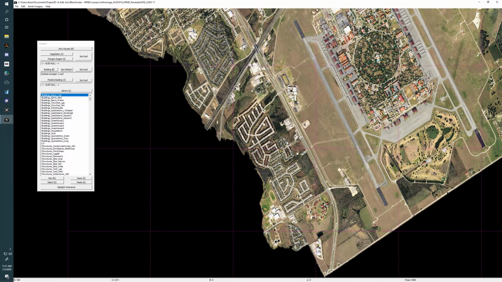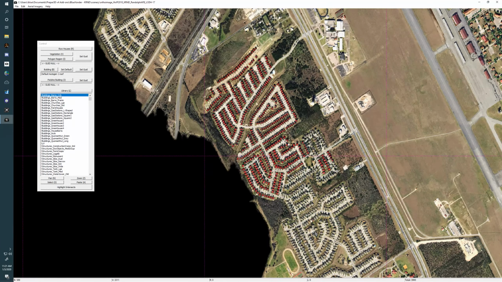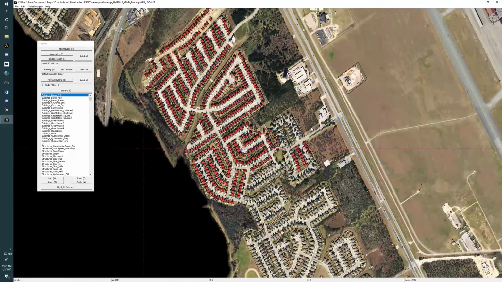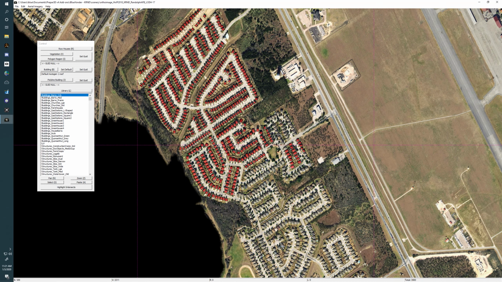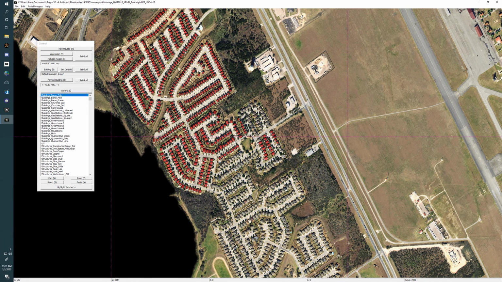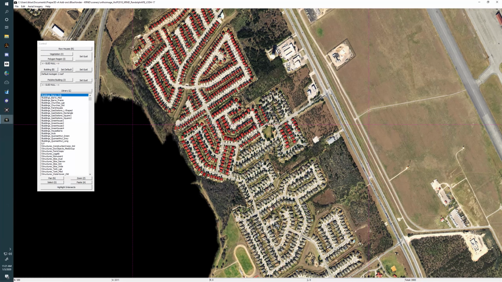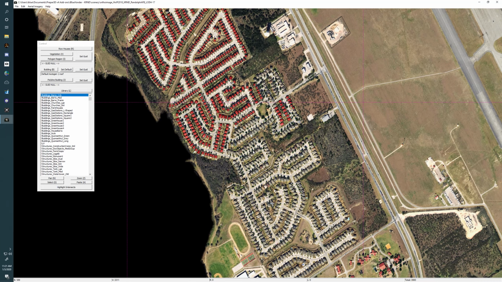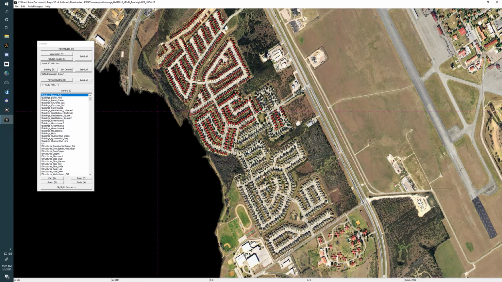Now I've already gotten to start with some of this, but I think what I'm going to start off with first is just explaining how to create buildings. In this case, there are a lot of little suburban housing tracts near the field that we'll want to create. And by the way, essentially as you're making your autogen,